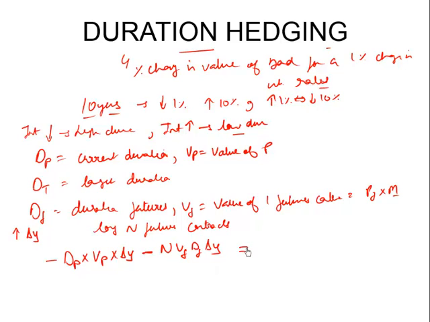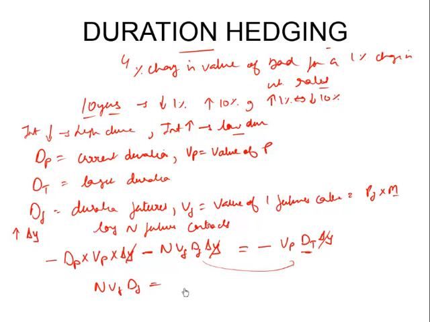This should equal minus Vp into dt into delta y. What we want is our position to behave like it has a duration of dt. A duration of dt means the portfolio should fall to the extent of Vp into dt into delta y if interest rates go up by delta y. So again, we can solve this equation and try to compute the value of n. Delta y will get cancelled. We'll take n on the right hand side. So n into Vf into df